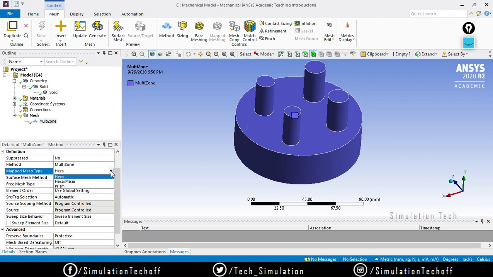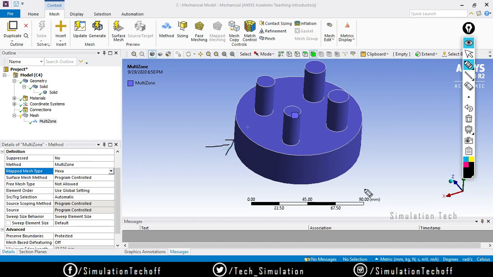You have hex, prism, and hex prism. Mapped mesh type is only for the outer surfaces, like these outer surfaces. Either you need a hex mesh on the outer surface or hex prism.